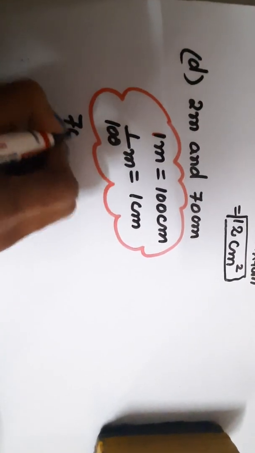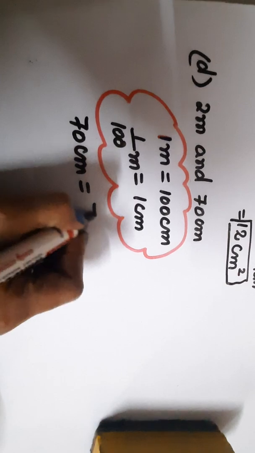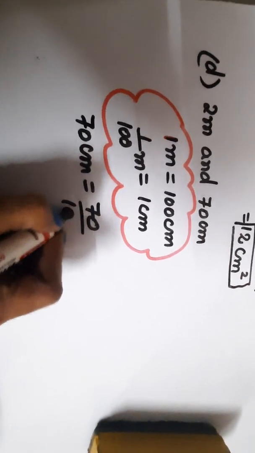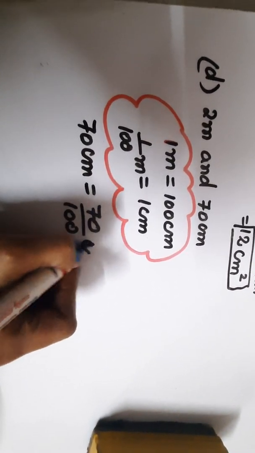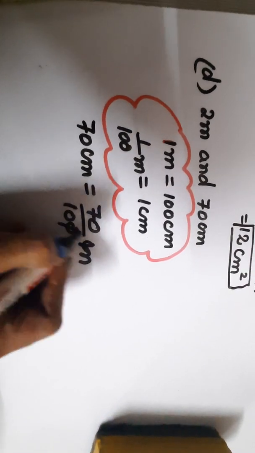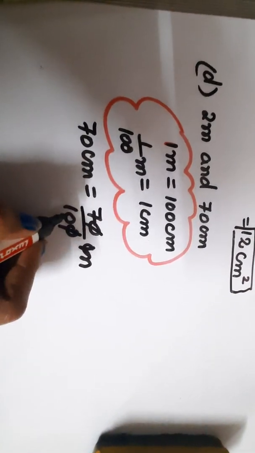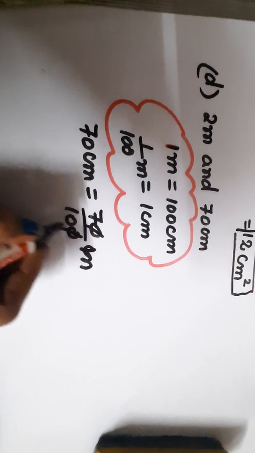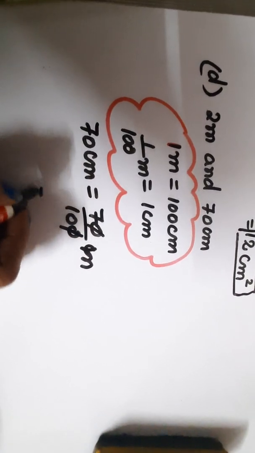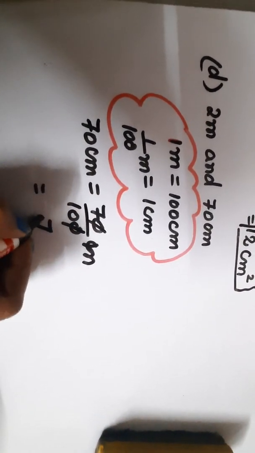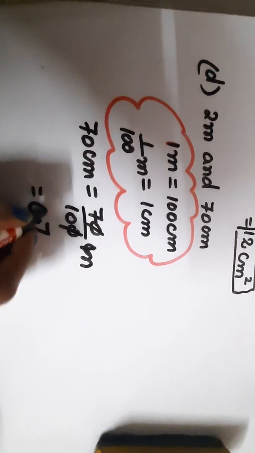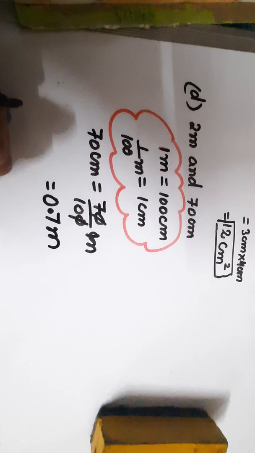That means 70 centimeter. To convert it into meters, we have to divide 70 by 100, then it will get converted into meters. So for this 100 we will place a decimal leaving two digits, because 100 carries two zeros. So 0.7, then place a decimal. So this will become like this. Now let us write down.